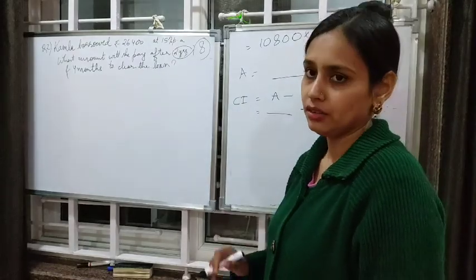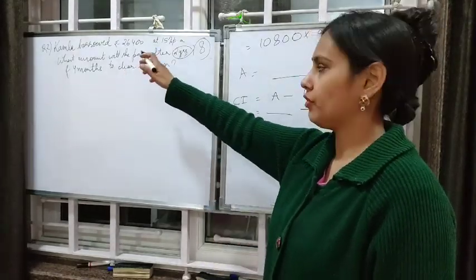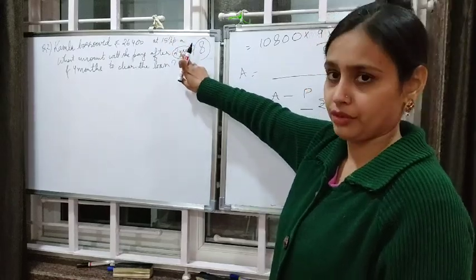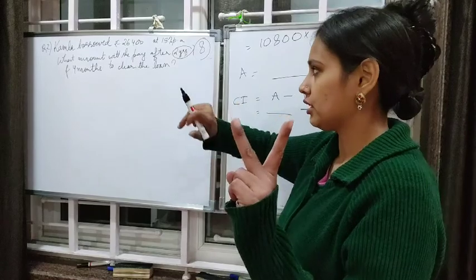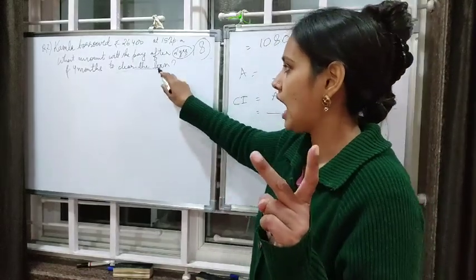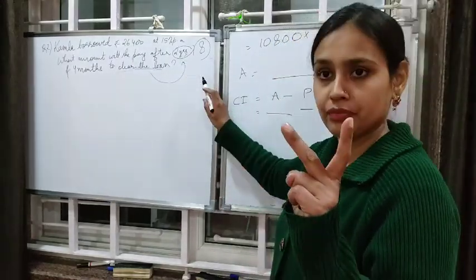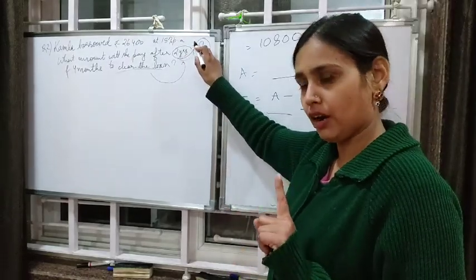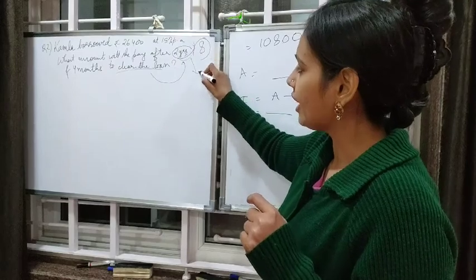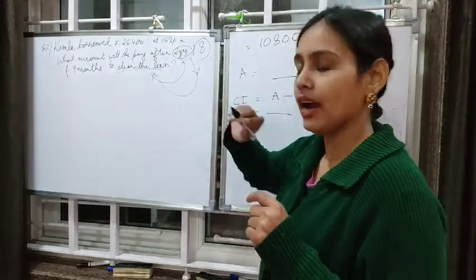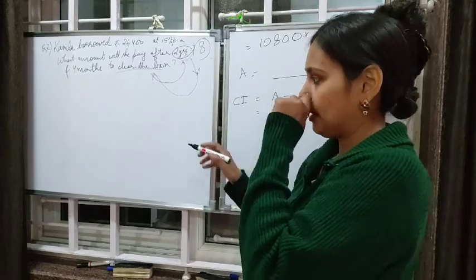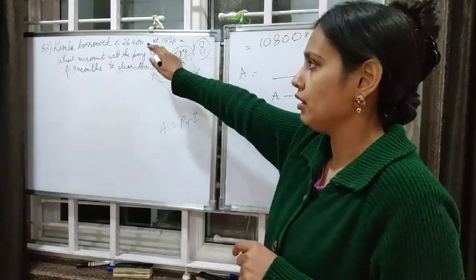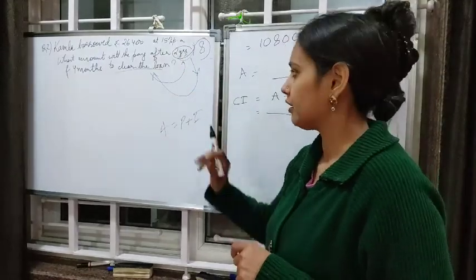Here we will take out the interest and we'll add it to this either, or we take out the interest from here. There are two ways. Either take out the interest of here and add it to the amount from here, or take out the interest from here. After taking out the amount, take out the interest, add that interest to this interest and then it becomes SI. Then do A is equal to P plus I. That is old principal and the interest, total interest.